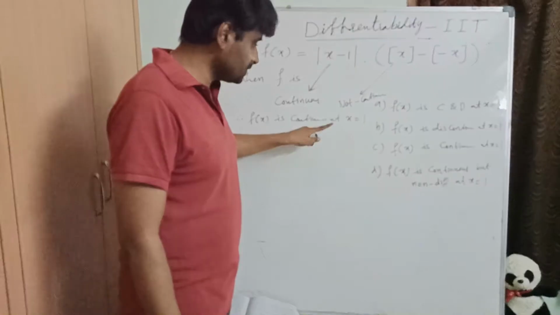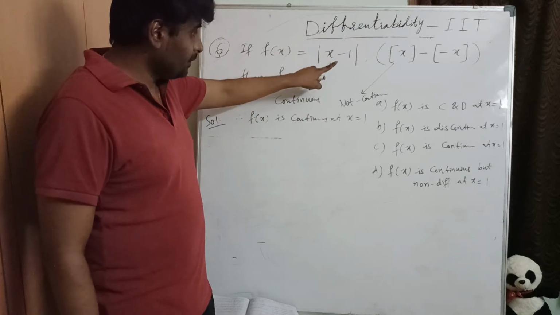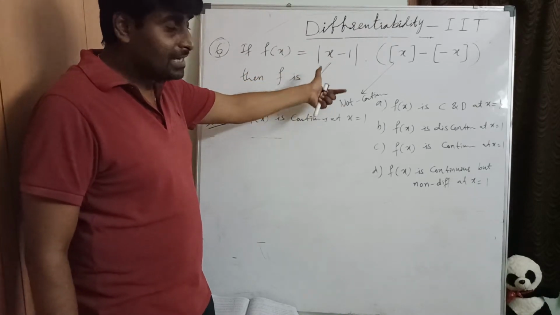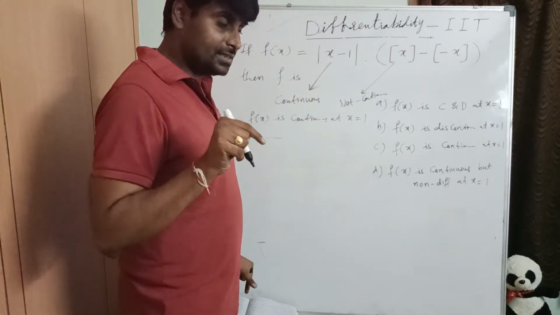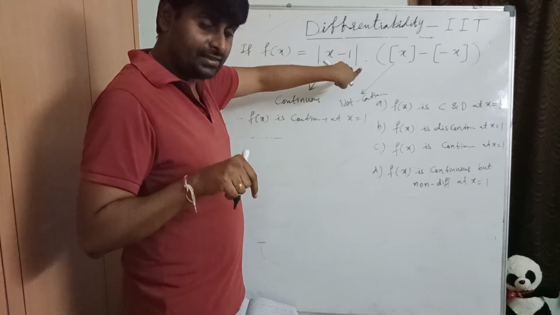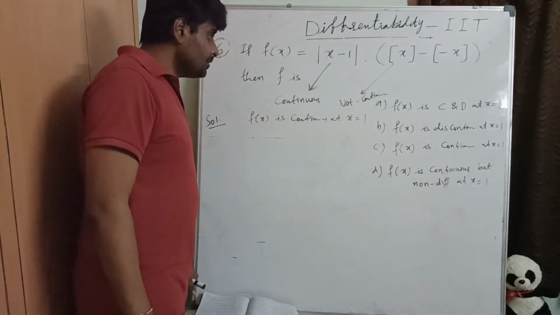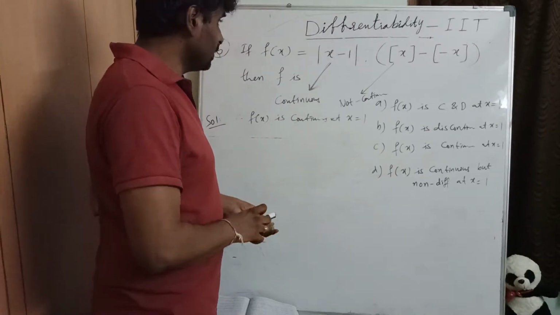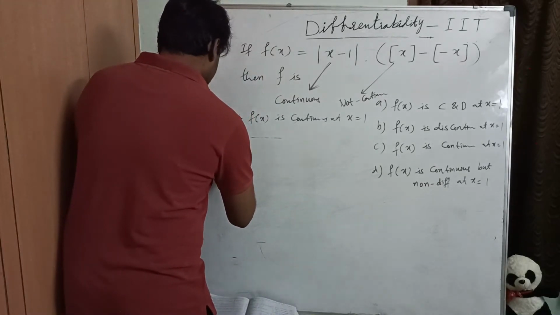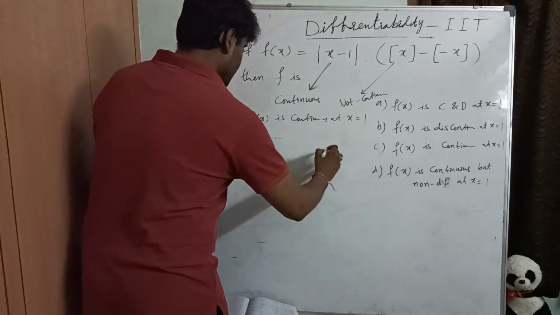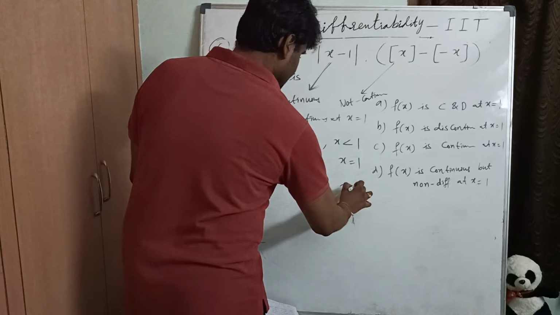Now we are going to check whether this function is differentiable or not. Okay. So how can you check whether that function is differentiable or not? First of all, let us simplify this function. Let us rewrite this function. Simplifying the given function, then only we'll be able to check LHD, RHD. So finally we are going to check whether both are equal or not. Okay, so now let me take that function f of x equals to, okay, x is less than 1, x equals to 1, x greater than 1.